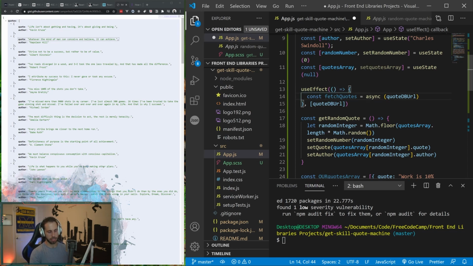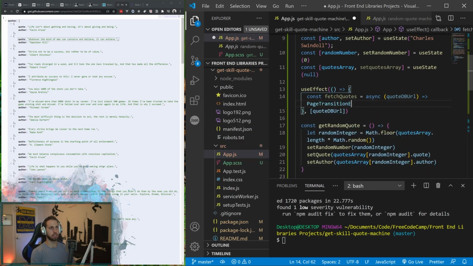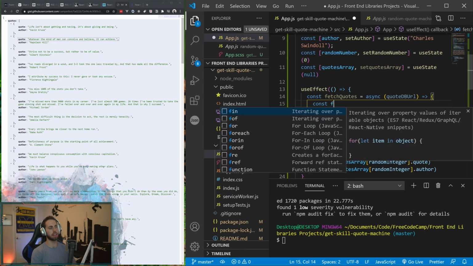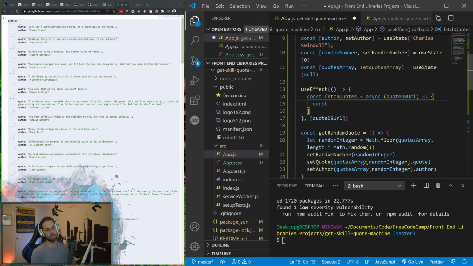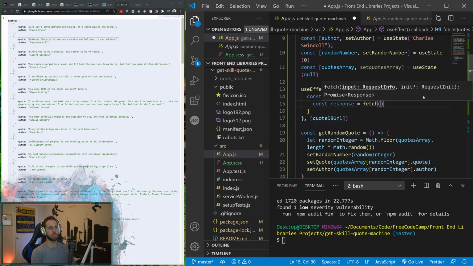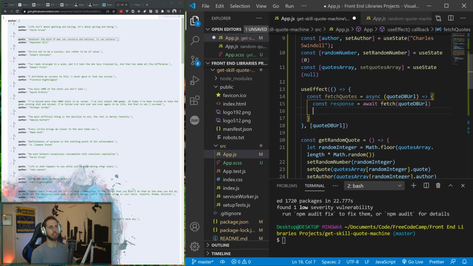So I want you to execute this function, where we're going to await. So we're going to const response equals fetch, or we're going to await the successful fetch of this quote DB URL. And then what we're going to do is then const parse equals